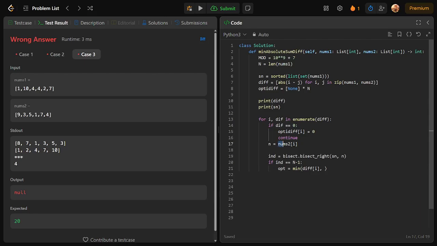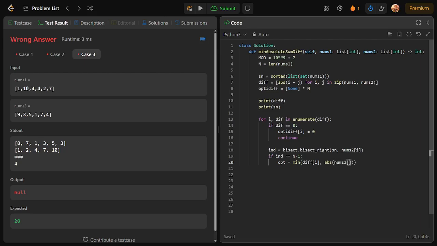But this makes it more complicated. So I'm just gonna do that and fifth, and then absolute of